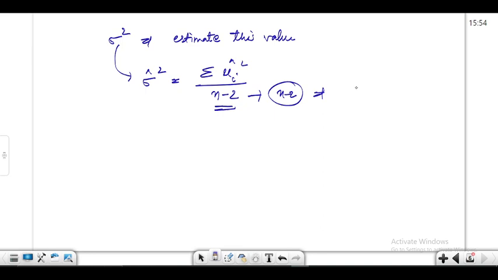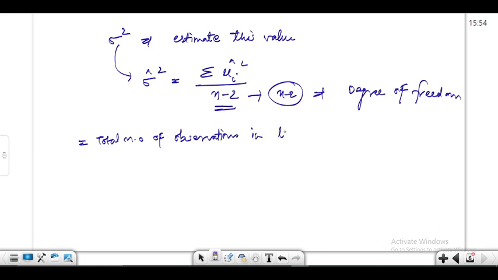There's a concept called degree of freedom. Let's understand what this means. Degree of freedom is basically the total number of observations in the sample, which is n, suppose,